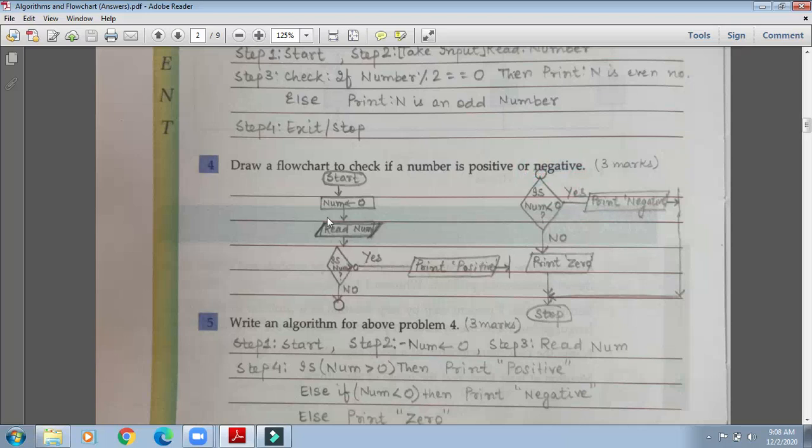Okay, so this is one flow chart made by me, but the space was not proper. That is why I opted for